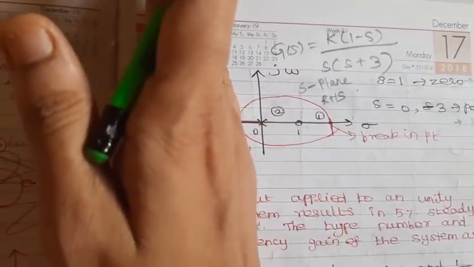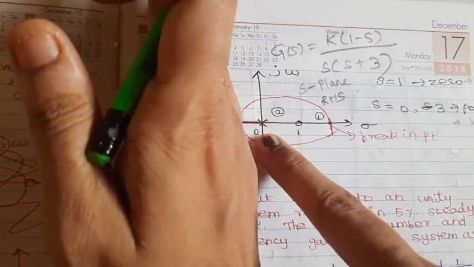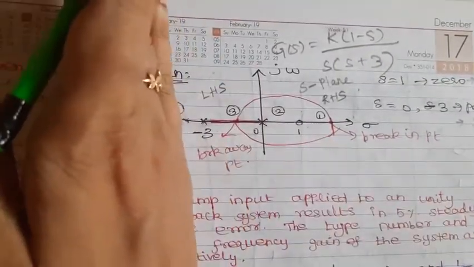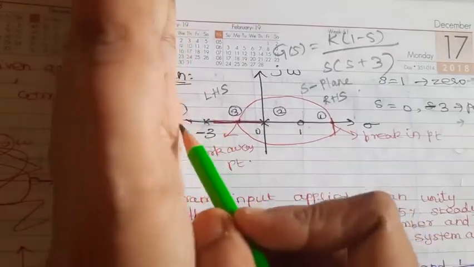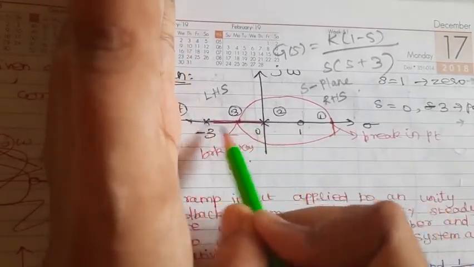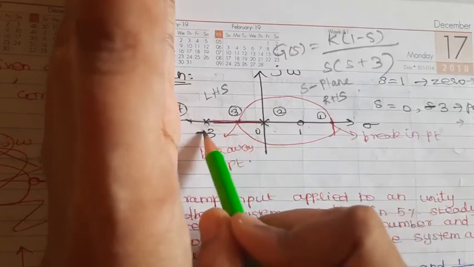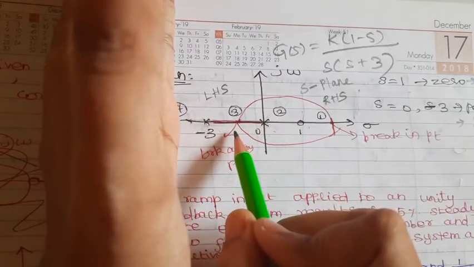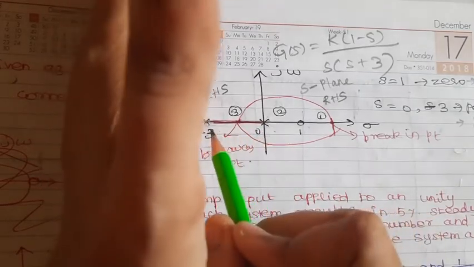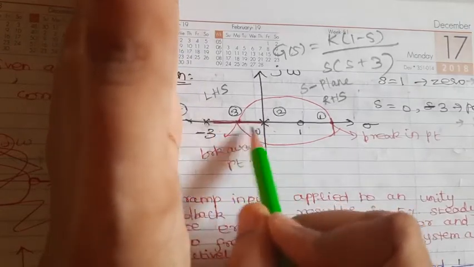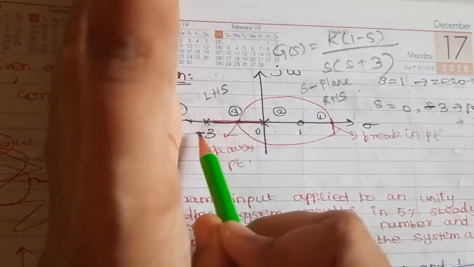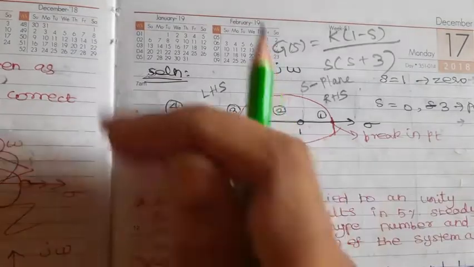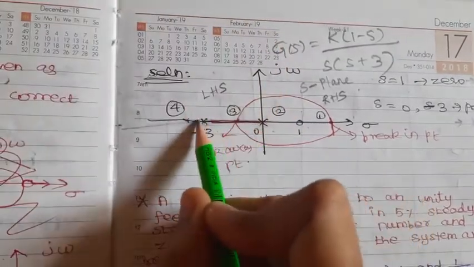Whenever we see the left half of the S plane only we need to see. When seeing this, see the right hand side. Only one pole is located, so there is a root locus between these two. When seeing this fourth branch, see the right hand side, there are two poles located. The right hand side section should have an odd number only. Only for an odd number is there a root locus present. If it is an even number, there is no root locus present. So two poles is an even number, so there is no root locus between this and up to infinity. If it is odd, there is a root locus between these two.